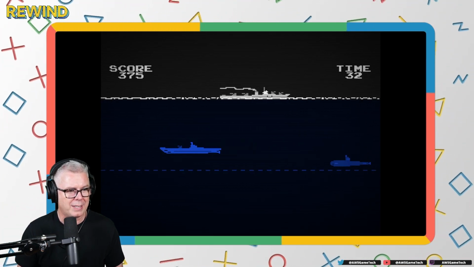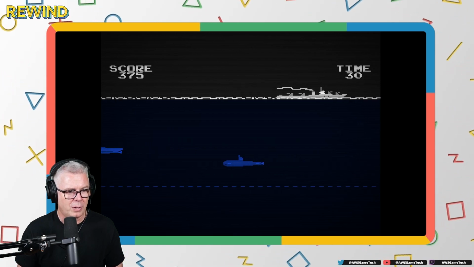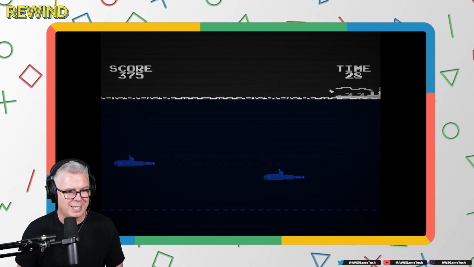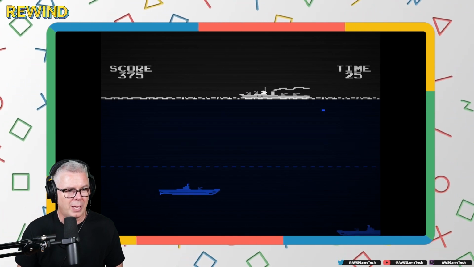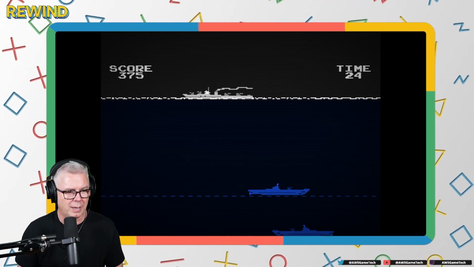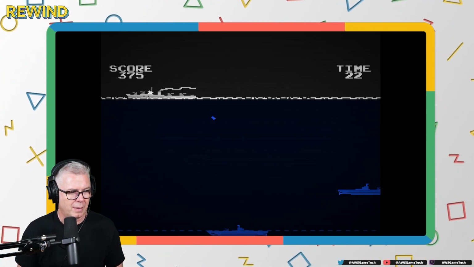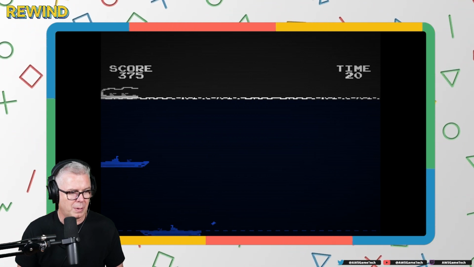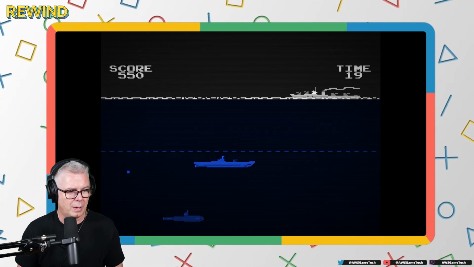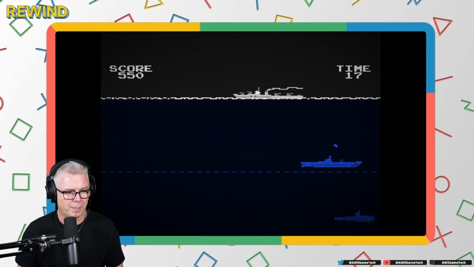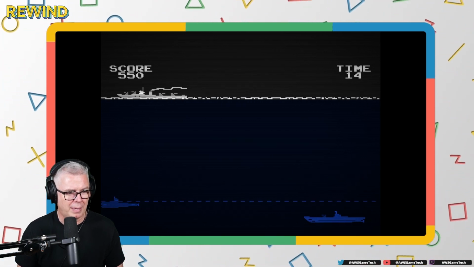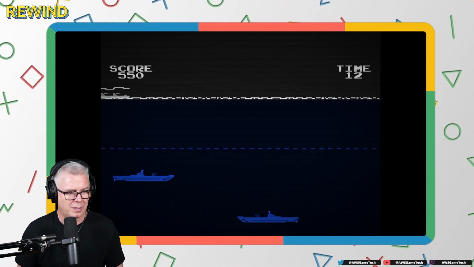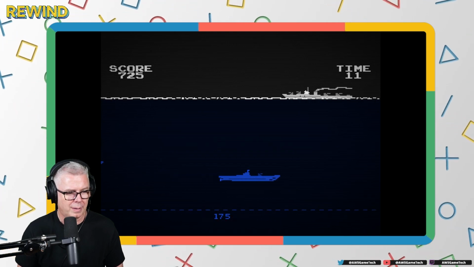Oh, so that's how you do it. Okay, so now you move up and down here to change the depth at which they detonate. So now what I can do is say, let's see. Is that one going to go down there? No. Okay, that one's here. So yeah, you're able to change the depth that they explode by moving them up and down.